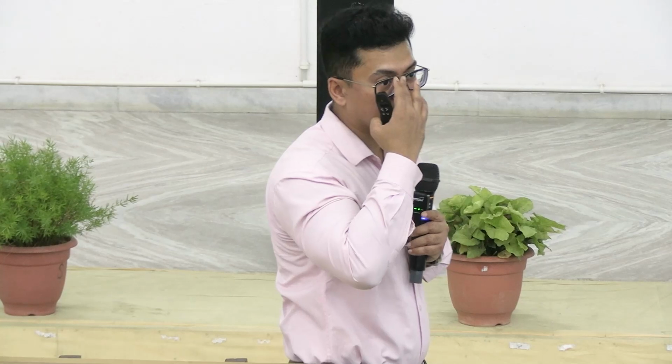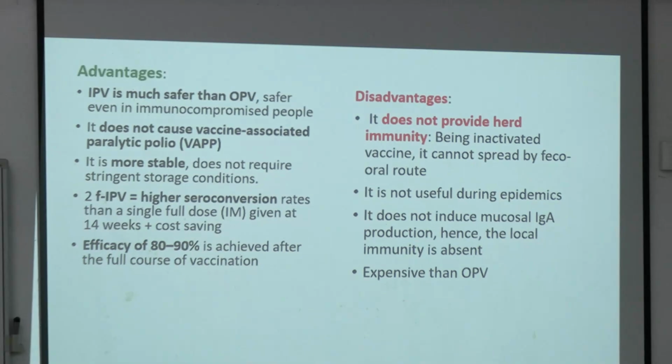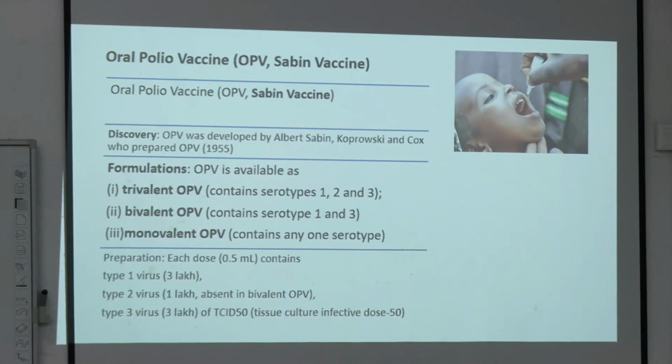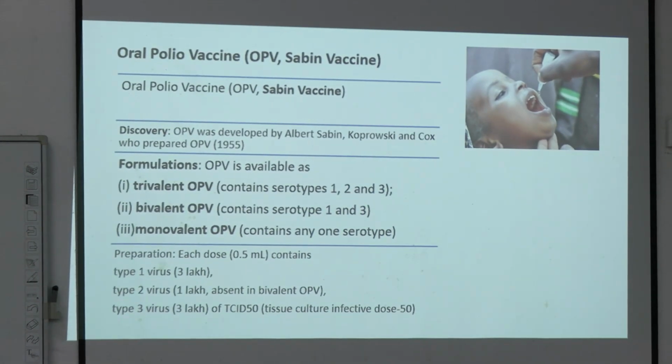কোভিড যখন ভ্যাকসিন এসেছিল, we were all looking for herd immunity, যে কখন herd immunity ডেভেলপ করবে, then COVID will be eradicated, তাই না? So it doesn't provide herd immunity, mucosal IgA is bypassed, so that is why injectable vaccine এর মধ্যে কিছু disadvantage তো আছে। The biggest advantage is, of course, it doesn't cause vaccine associated poliovirus, so that's the biggest advantage. Now coming to the oral polio vaccine,